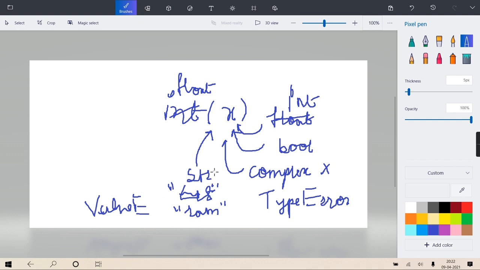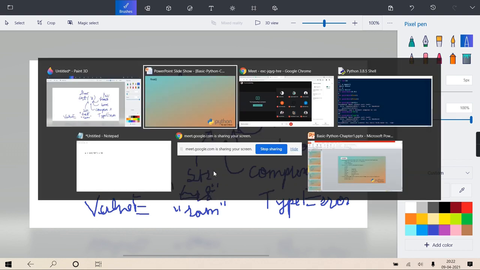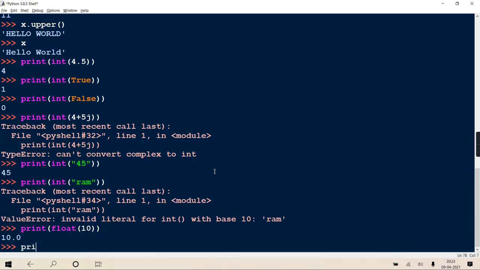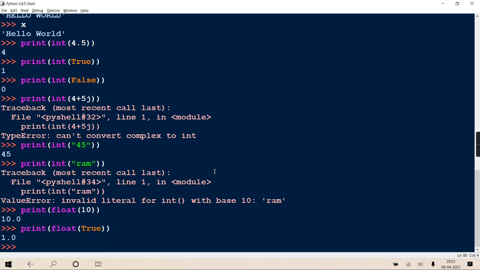So the same principle of int is followed for float. Quick examples: print float of 10, it will return 10.0. Float of True, it will return 1.0, because True is 1, so after converting to float it becomes 1.0.